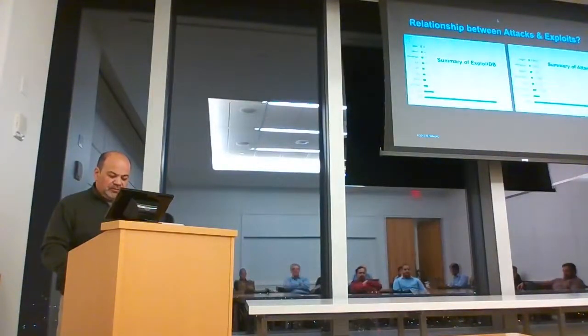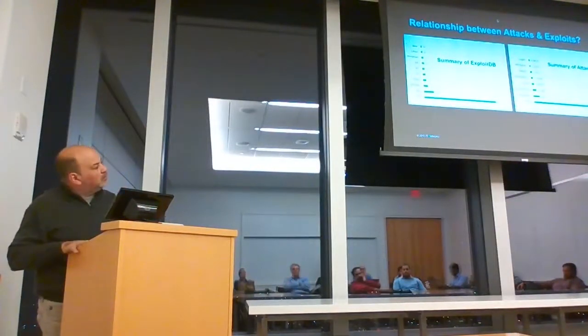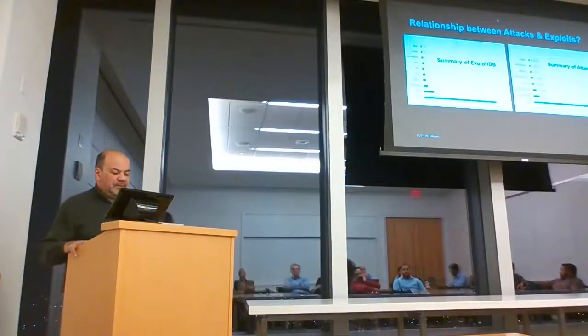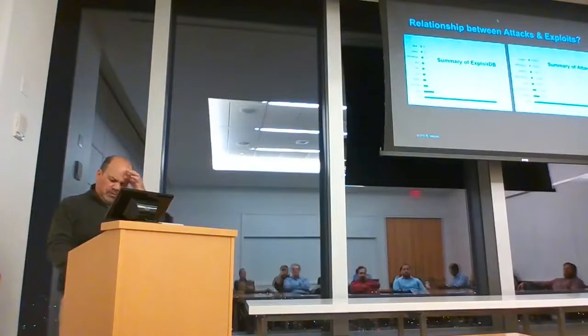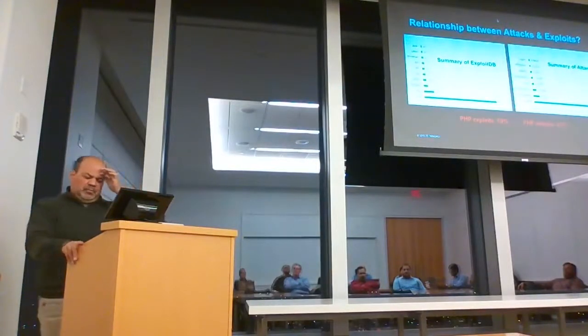As I said, there was some interesting relationship here, and this is not something that I discovered, but it was really kind of nice to prove it again. When I ran, on the right side, the exploit data, those are published exploits for various web applications. And on the other side are actual attacks in the wild, as seen on the honeypots. You can see the numbers. When I first saw this, I was like, oh wait, did I mix up the graphs? Did I paste the data together? I looked at it again, and no, they're very close numbers. They're not the same, but they're very close.